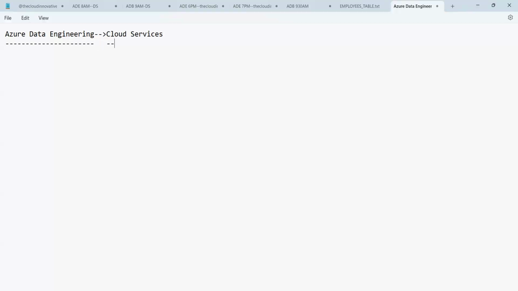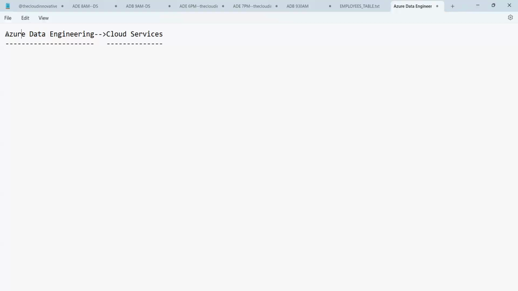Let's first understand what Azure data engineering is. Azure is the name used by Microsoft, and data is nothing but information.